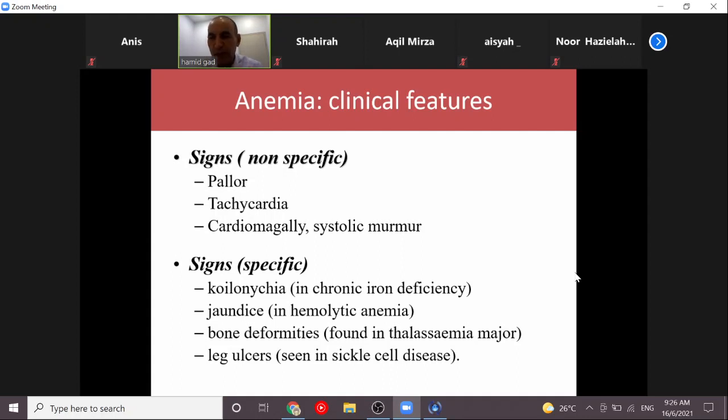When the cells are stuck to each other, they can obstruct the blood vessels and cause ischemia, and this ischemia can lead to ulcer. This ulcer is an ischemic ulcer due to decreased blood supply. This can be seen in sickle cell anemia. This is just some of the specific signs which we can see in specific